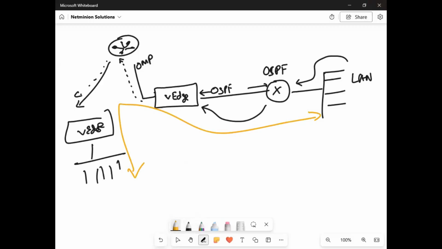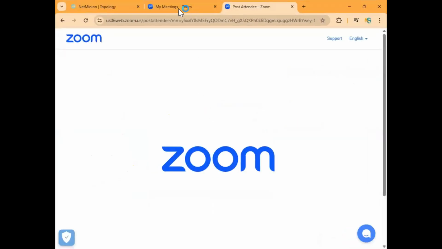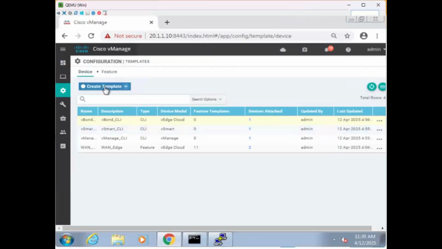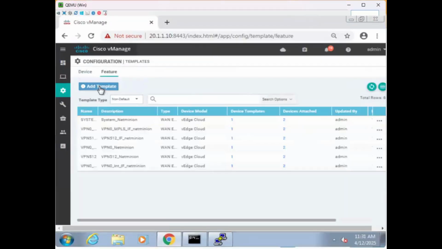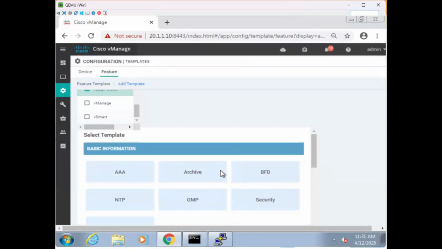Remember? Yes. I talked about VPN 10 or VPN 172, whatever. Yeah, VPN 172. I mean, that route we initially created directly on the vEdge device. Right. Yes, yes. So in the same way, let me add this VPN 172 first. One template we need to add. Let me go to the feature template, add a template. This time it is vEdge Cloud, and I need to go for